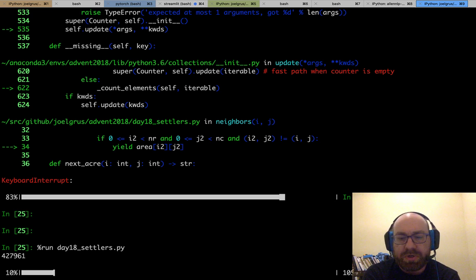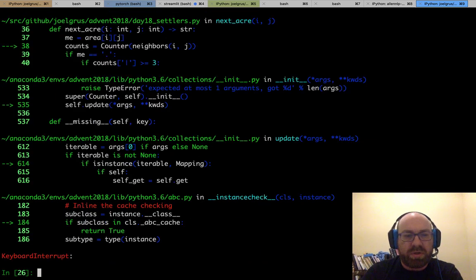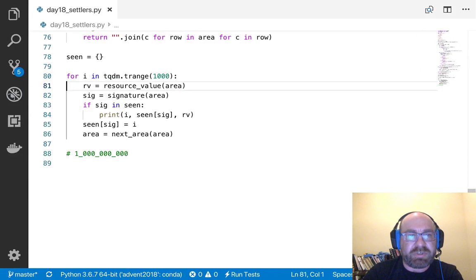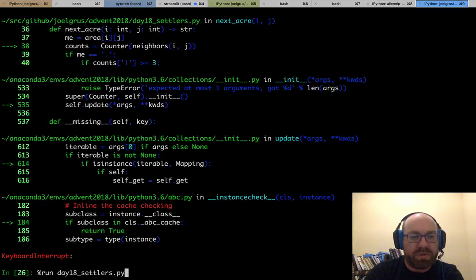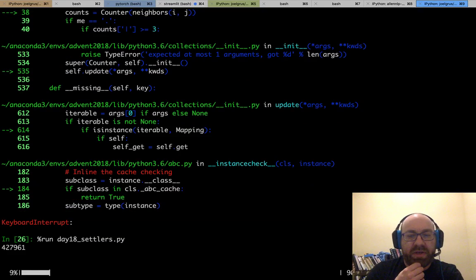Now it's much slower, because computing this thing is expensive. I should not have done that. So let me go back and just run this again and check when it starts repeating itself.